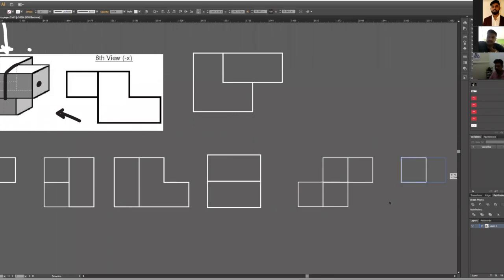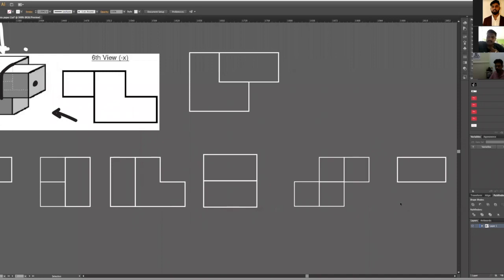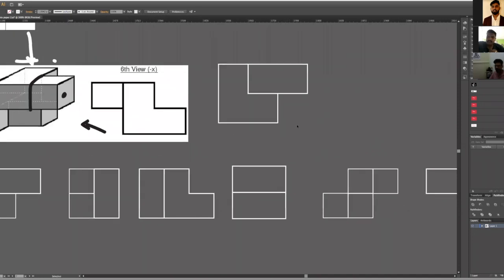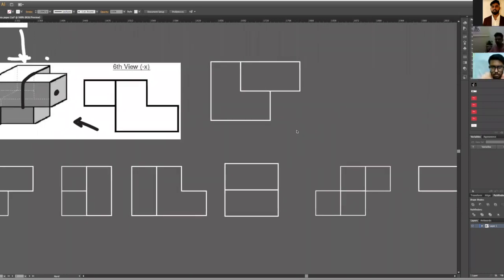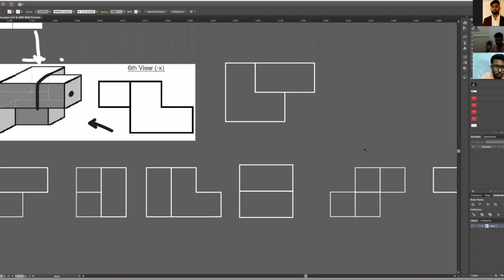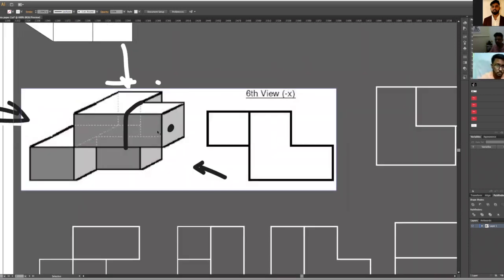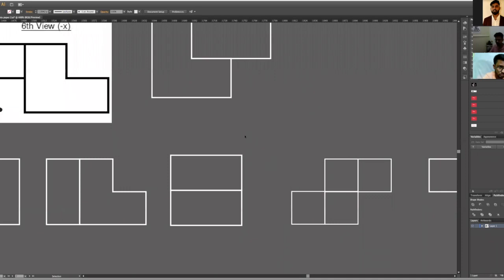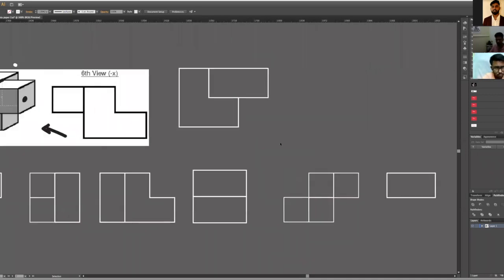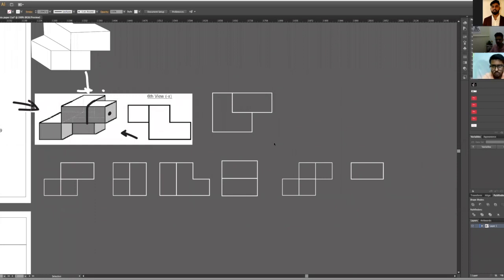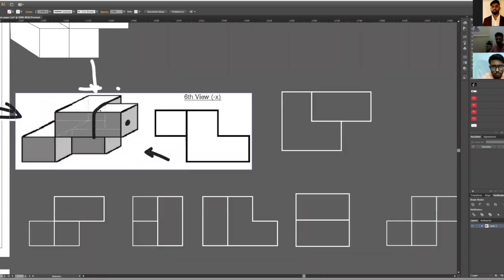Like this one. It will not merge. There will be a separation visible. Guys, look, this is the cube. You are looking from back side. This is one cube, this is another cube. Will it merge or will it separate? Separate, sir. Yes, it will separate because we have different heights, different surface. It won't be merged. Yes, correct.